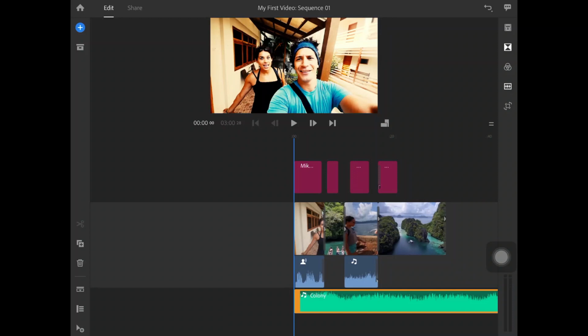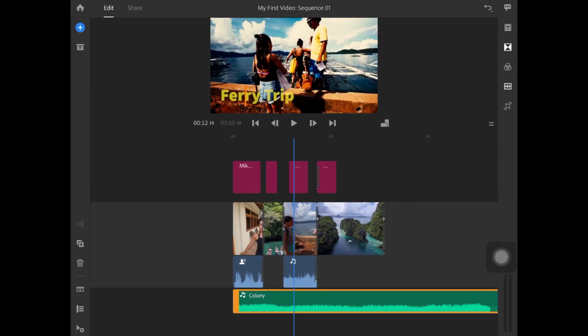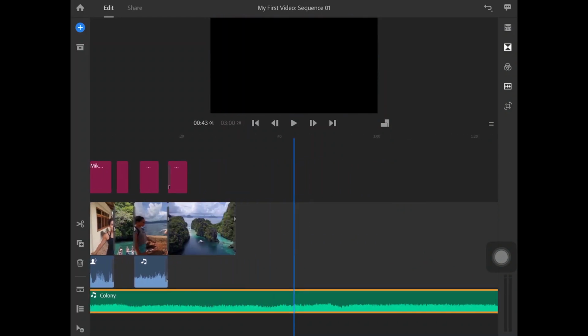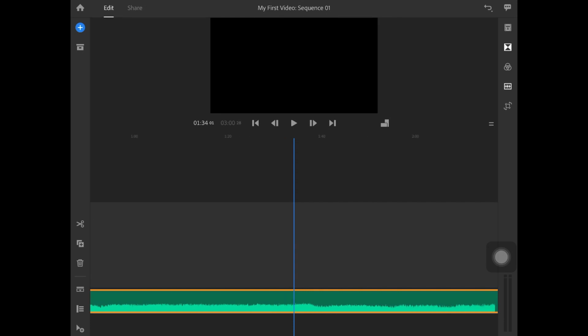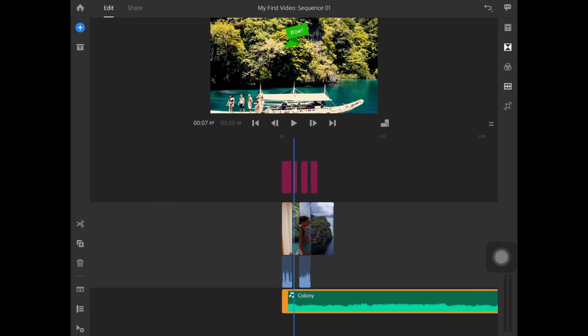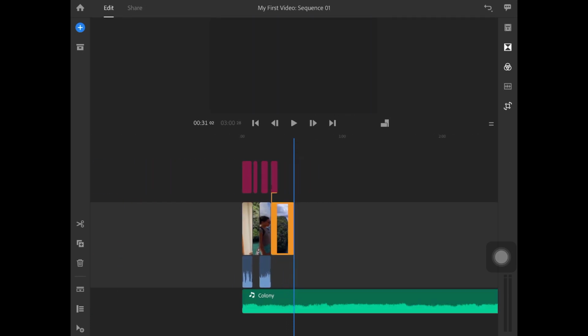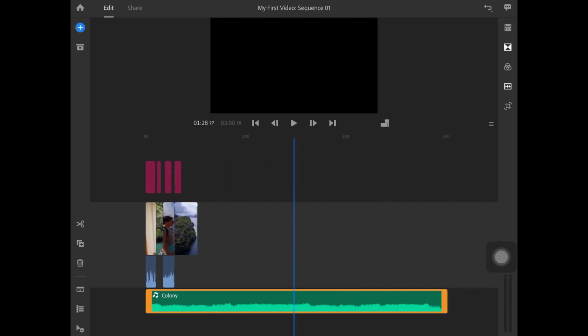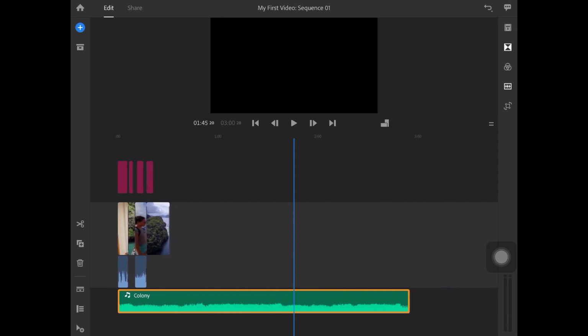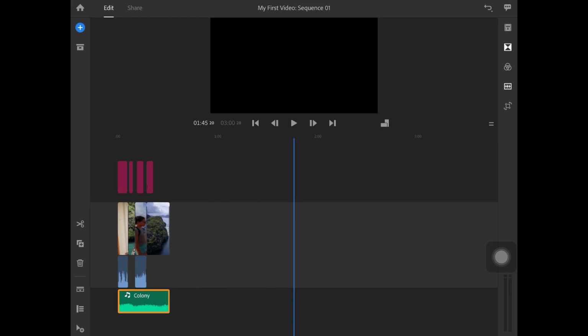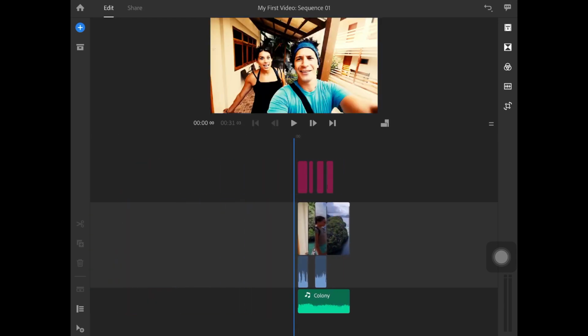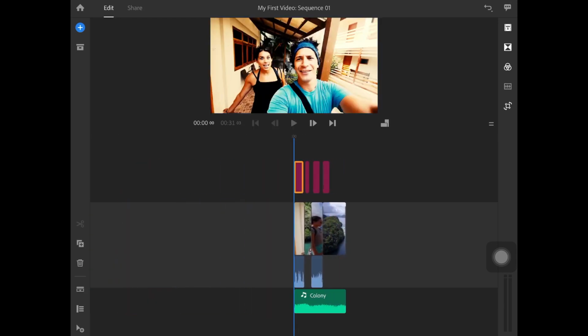Look what happens. It simply adds a new track below. In my timeline you can see below there is a green audio track added, but my video project ends here, so I don't need this entire length of audio track. I just wanted to end it here. Alright, okay, so let's play it out and see how it looks.